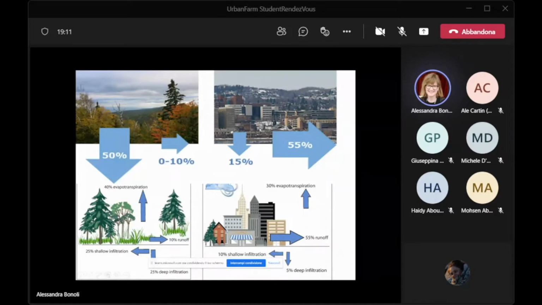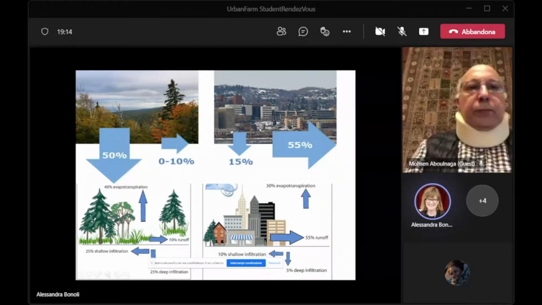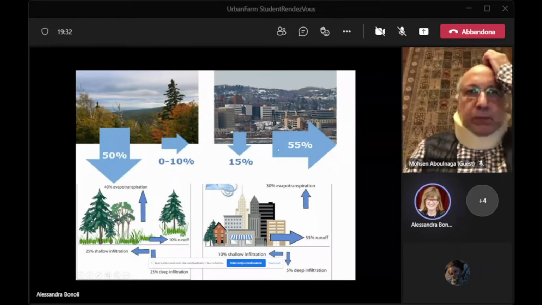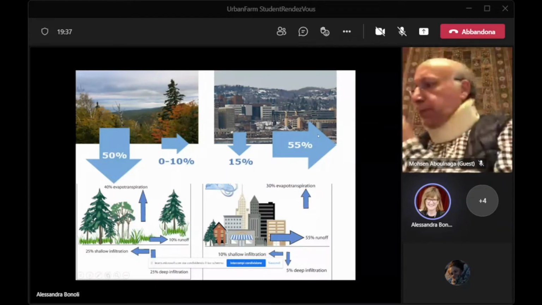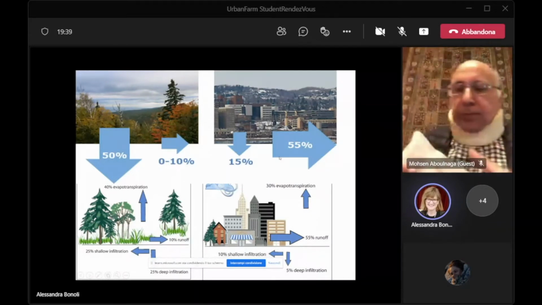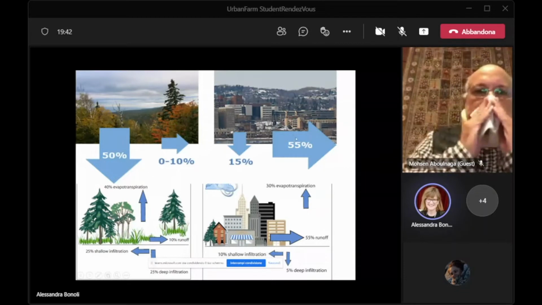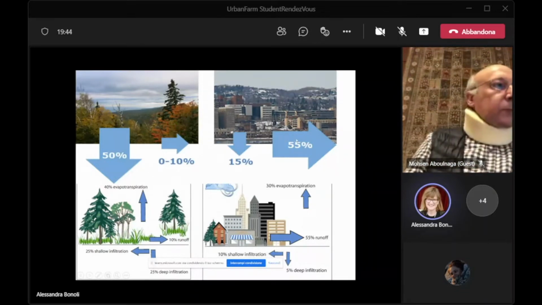On the contrary, in a common city area condition, where the so-called gray surfaces are present, the percentages are the opposite. So you have not more than 15% that is infiltrating and more than 50% that runs off. And that represents a risk for the urban area in relation with the